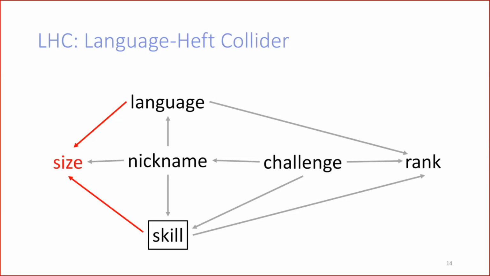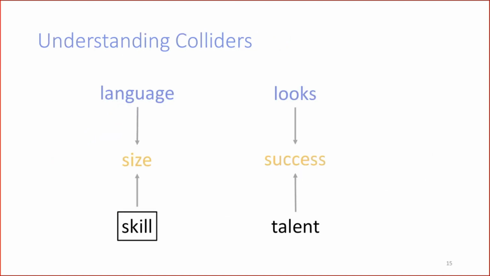Colliders are pretty unintuitive the first time you hear about them, because it seems weird that we have to exclude information from our model to get a more precise estimate of something, right? One would say, the more information I have, the better. However, if you think of other examples of colliders, and this is a classic one, it's not mine, I took it from a paper by some biologists, I think it becomes very clear.